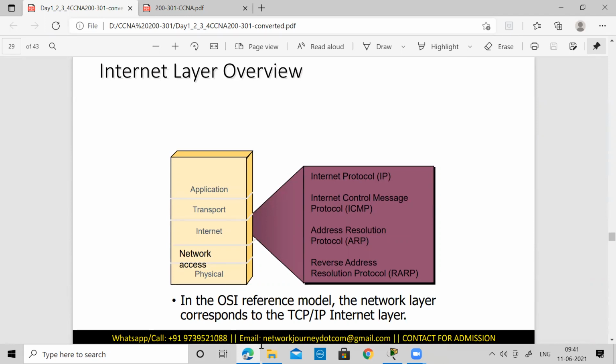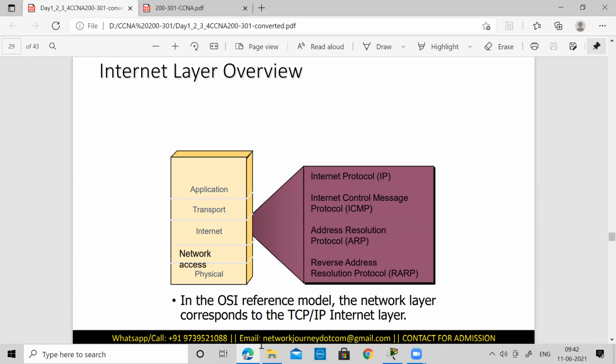Especially, I talked about ICMP: when you initiate a ping command, an ICMP packet is created. When you are doing the ARP process, you are trying to request a MAC address for a corresponding IP address. You know the IP, but you are not aware of the MAC. So you initiate this process, ARP. You don't initiate it, basically; the system initiates it. It dynamically learns and keeps it in its table. It maintains a table which is known as an ARP table.